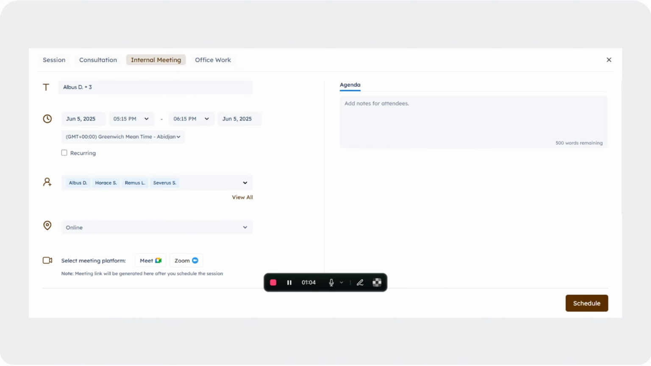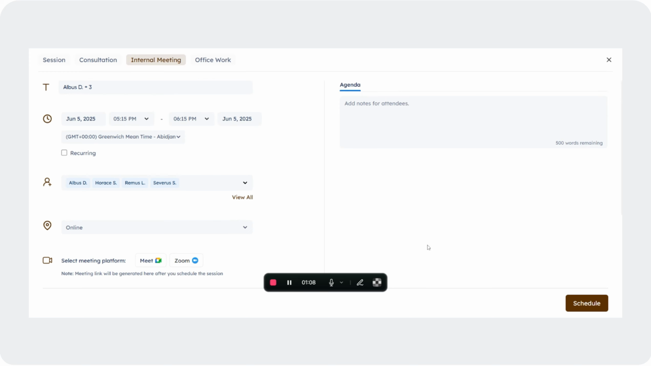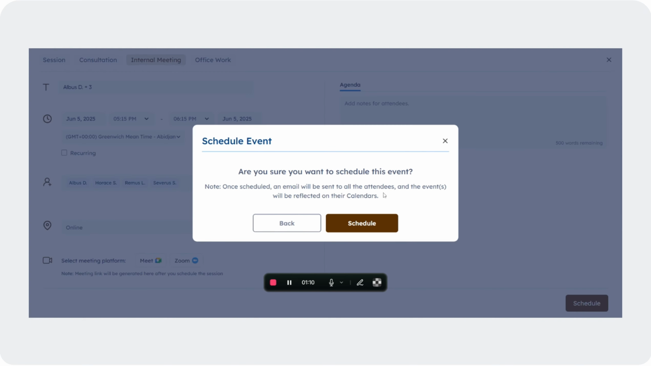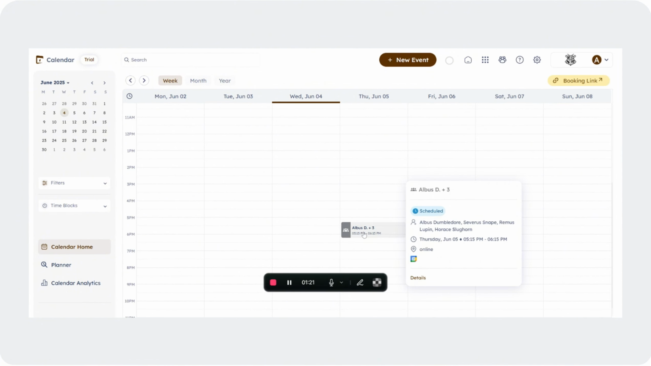It's not a mandatory field, but if they want, they can add an agenda for the meeting. Once all the details have been filled, the admin would click on schedule. Once they confirm, you can see that this particular event has been scheduled and it would appear on the homepage of calendar, and